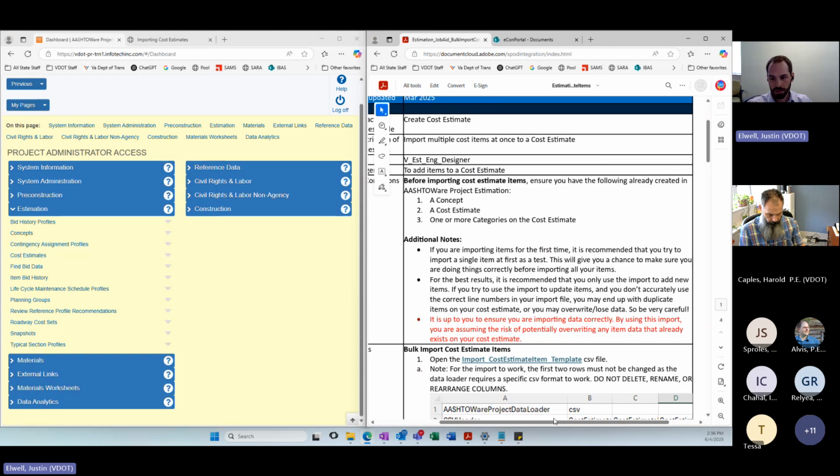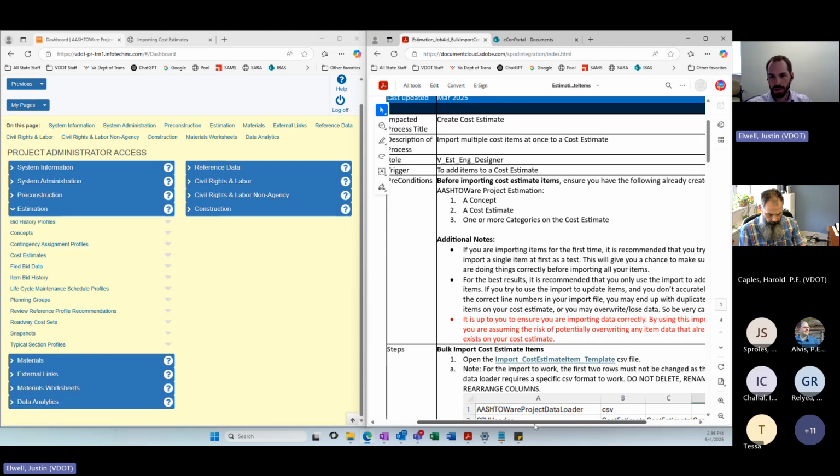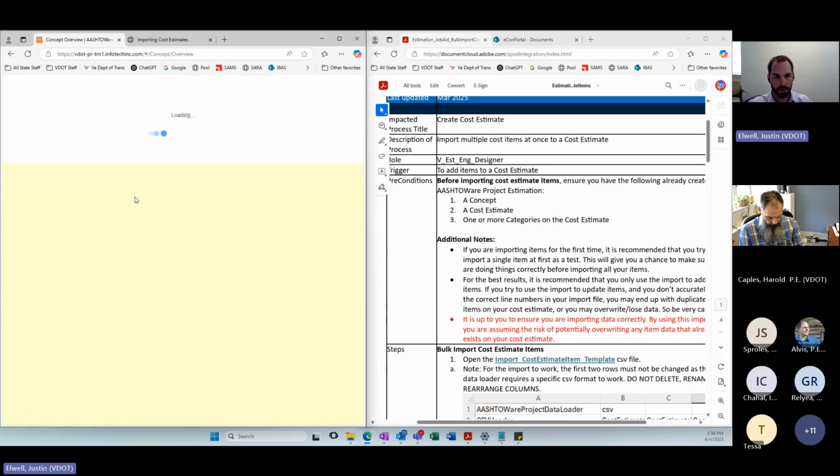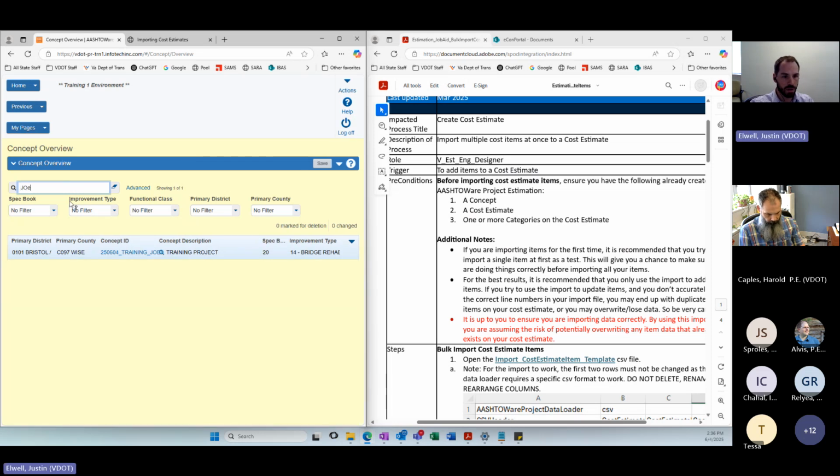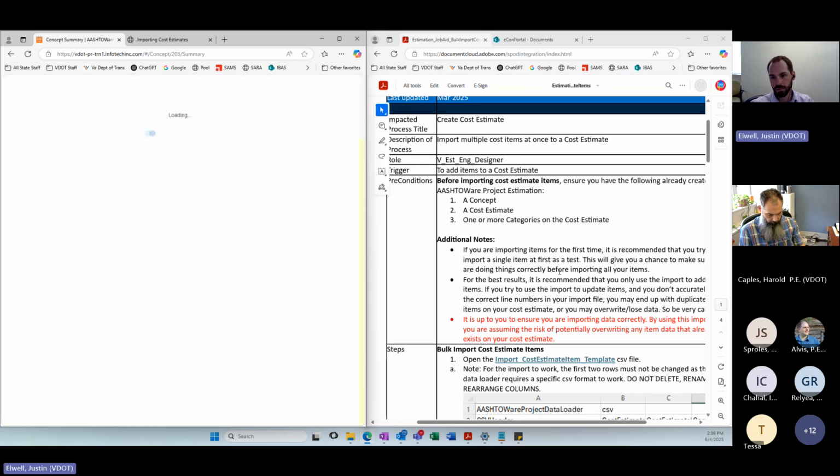Now there are some preconditions here. First I want to go over ensuring you've already created a concept. Very important, again, with the rollout of estimation, there's the modified workflow. I'm going to navigate to my concept for today.